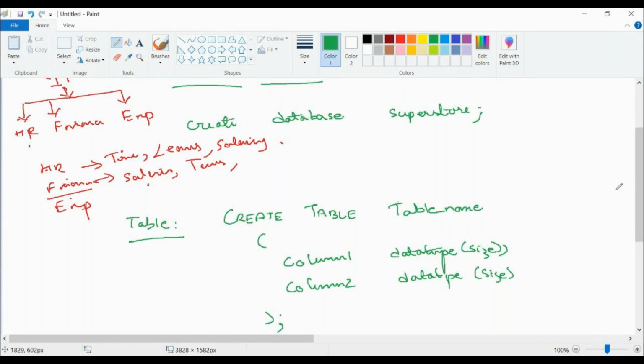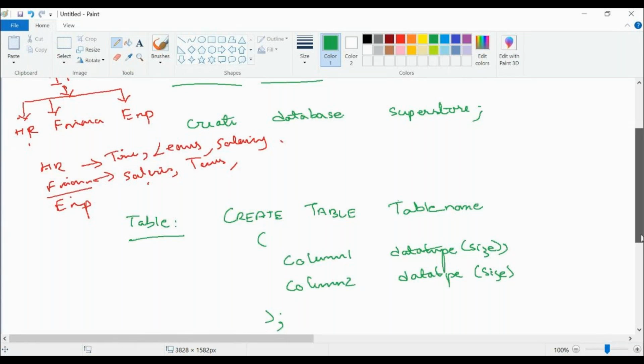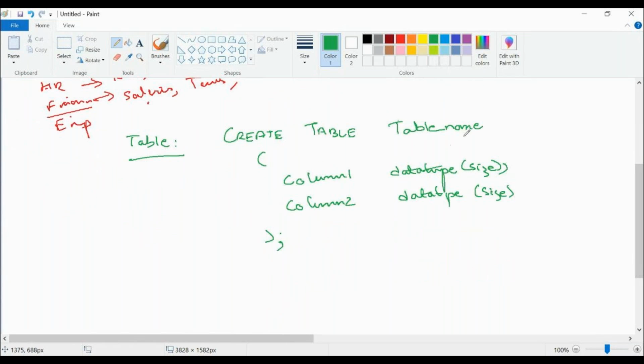Now when I execute this statement, it is going to create a table called table name, and it is going to give me two columns, column 1 and column 2, with the data type I have mentioned, and also the size based on the details I have given. So for example, if I go ahead and create a table like this,